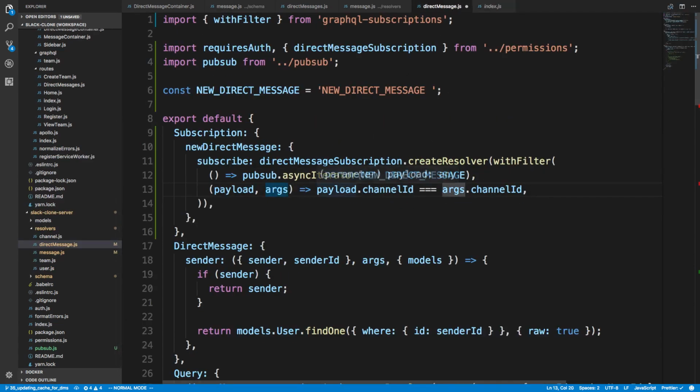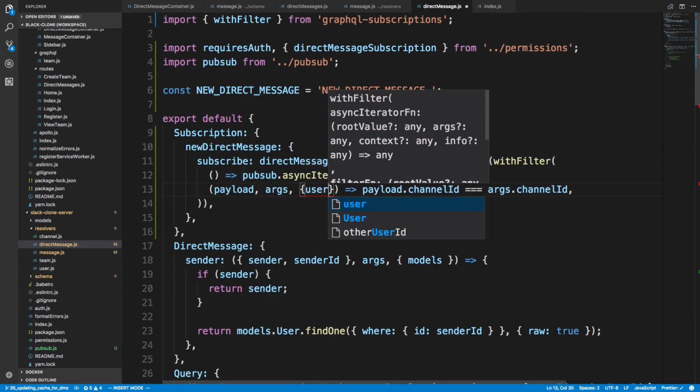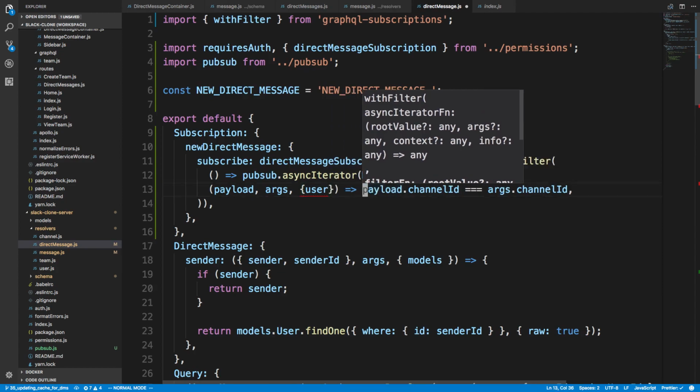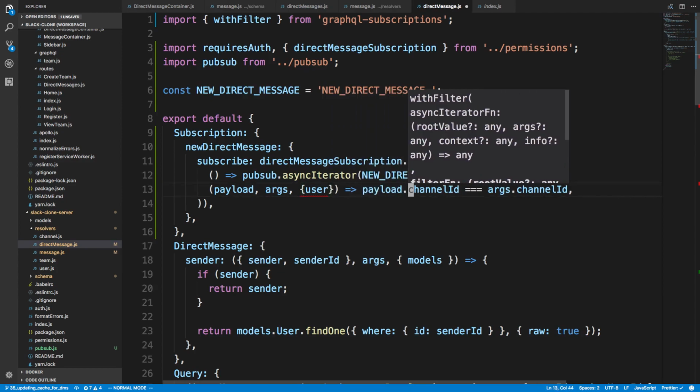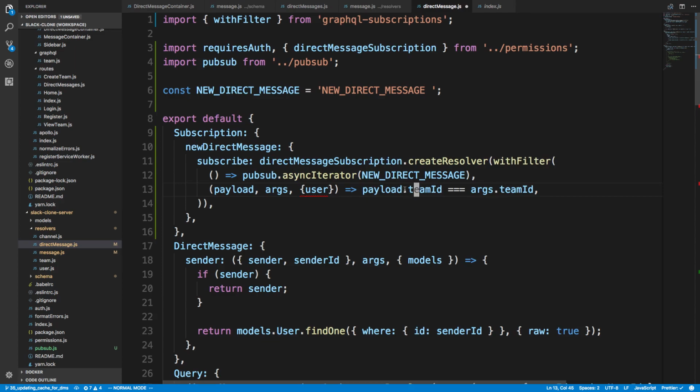I believe we're past a context for this. Yep, looks like we are past the context, so we can grab the user from this. Perfect. Okay, so the first thing is payload.teamId is equal to args.teamId. So we'll pass the team ID that we're creating a new message for, and then we're going to say and